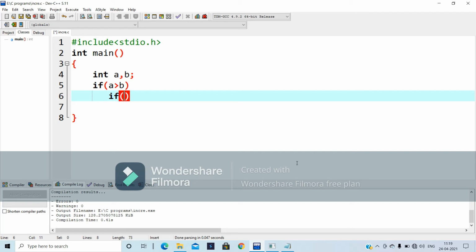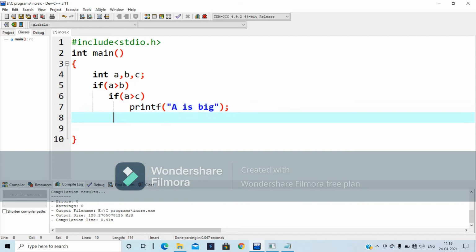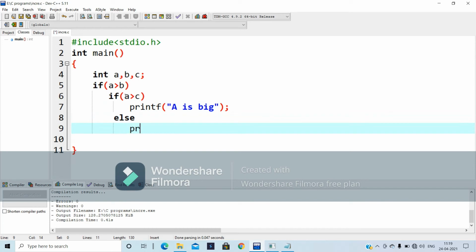Okay, I'm going to take one more variable. If a greater than c, then only printf a is big, otherwise not. Yes, this is the nested if in C language.